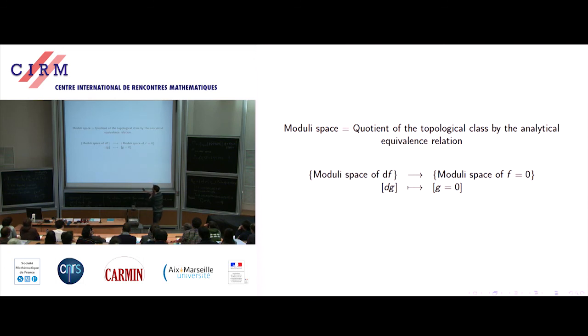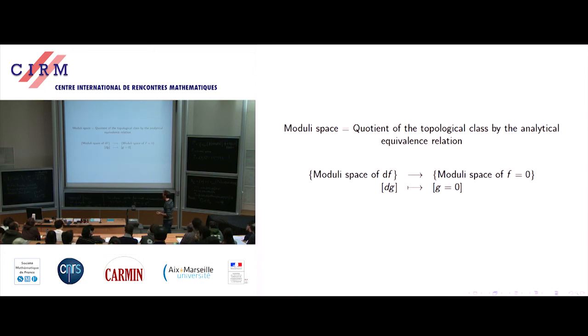To understand this is exactly the problem of Zariski. And here we have another moduli space, which is the moduli space of the whole foliation, not only of the curve f equal to 0. And the map is built this way. Given a foliation, you have here its analytical class, and you send it, by just keeping in mind the zero level, to its curve. And then you have a map between two moduli spaces. And here is the moduli space we want to understand.